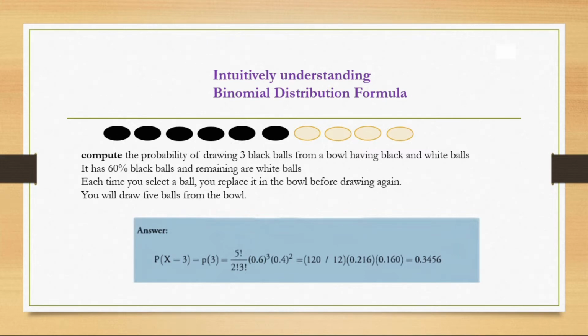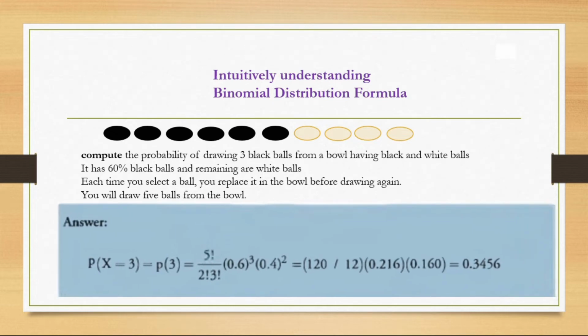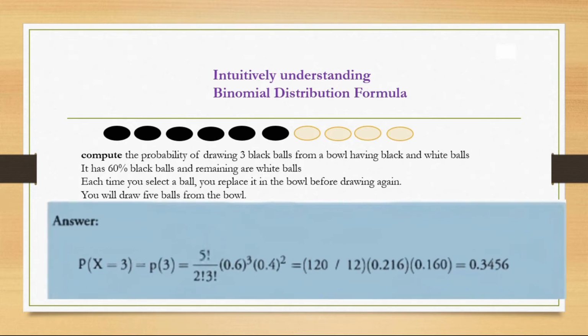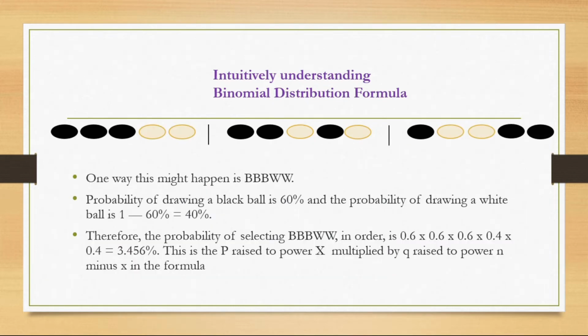Let us compute the probability of drawing 3 black balls from a jar having black and white balls. It has 60% black balls and the remaining are white balls. Each time you select a ball, you replace it in the jar before drawing again. You will draw 5 balls from the jar. Putting all the values in the formula, we can get our answer, but intuitively, we can say that one way this might happen is B, B, B,